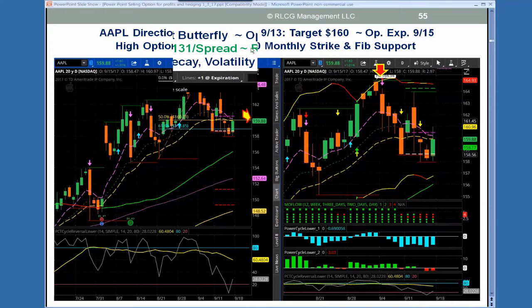And the other thing I like to look at is unusual option activity. So when we did this trade setup, there was a huge amount of unusual option activity at the 160 strike on the monthly, and we had that nice Fibonacci level here at 160, so it created a great target for this trade. So again, another very short duration trade, set up on the 13th,